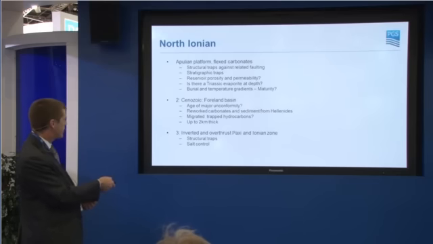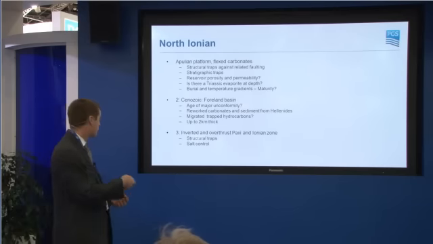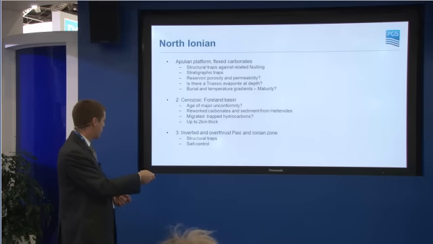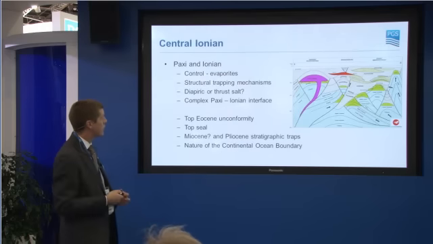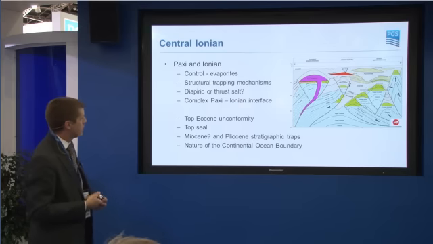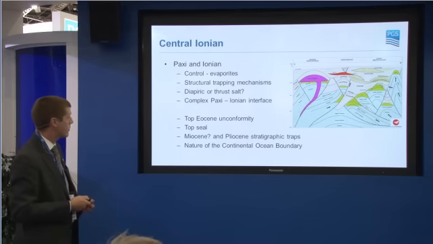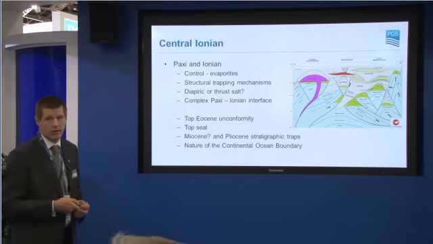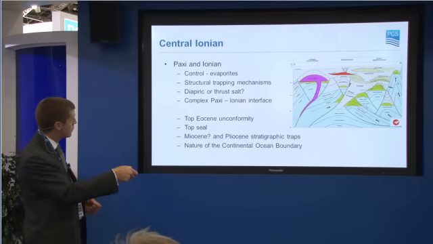And then there's the inverted thrust Paxi and Ionian zones, where we have structural traps and salt control, with potential for diapirism and inverted salt in upthrust. This model here is what plays into the central Ionian area. So here it's to the south of Kefalonia, in the Bay of Patras, Patraikos Gulf, and runs down to the south to the Katakolo discovery. So in here it's been upthrust and overthrust,